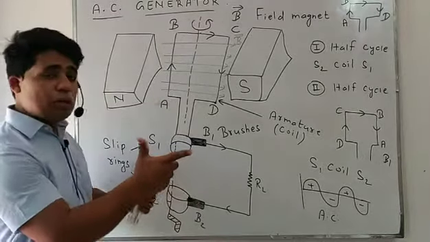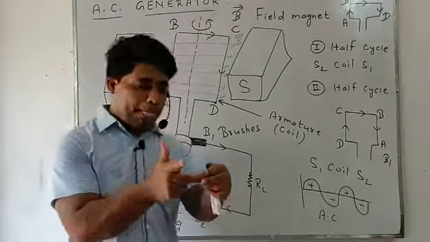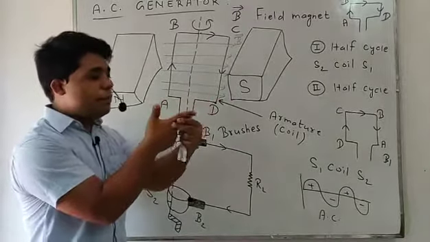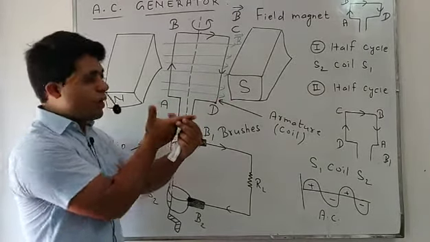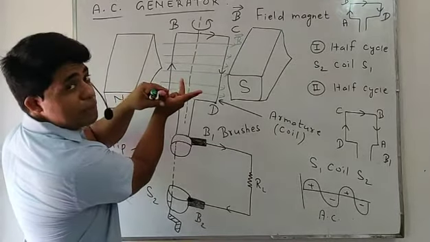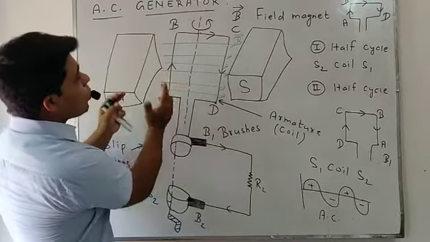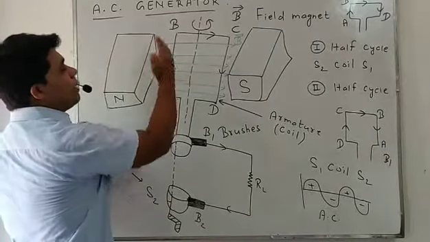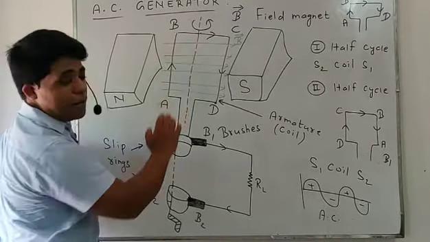Okay, so look at this in FBI. See, this is the direction of magnetic field. So F, B, B is the forefinger, representing the direction of magnetic field. Okay, and thumb represents the direction of force. Because the coil is moving, this coil will move in the upward direction. This AB portion moves like this in the upward direction.